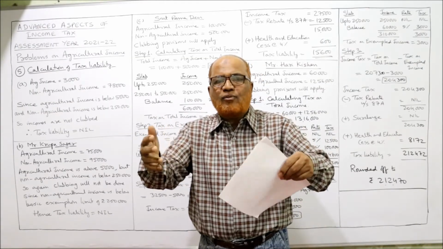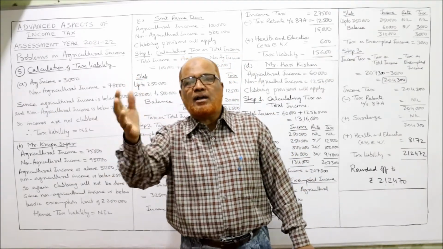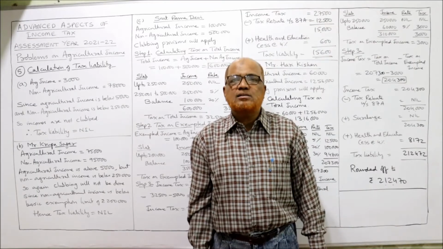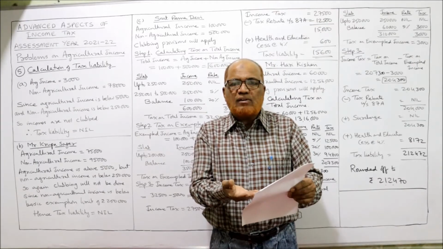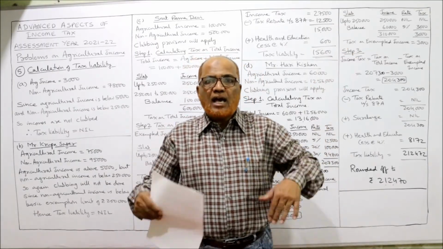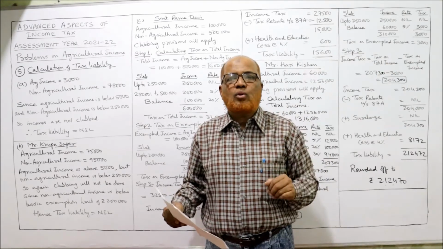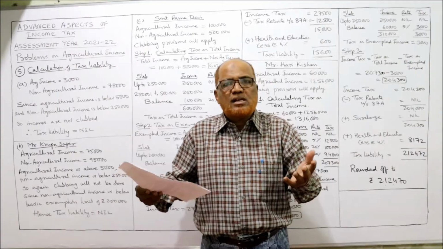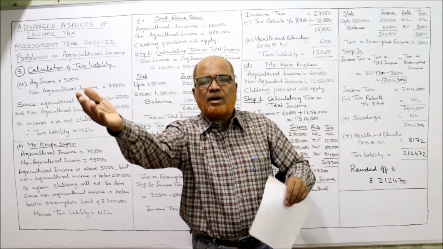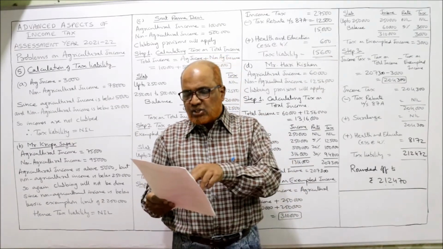So he is collecting the fruits and flowers from the forest and selling them in the market and earning the income. The Income Tax Act says it is non-agricultural income because these fruits and flowers are spontaneously grown in the forest. He has not grown these fruits and flowers. He simply goes to the forest, collects the fruits and flowers, sells them in the market, and gets the money. It is non-agricultural income.